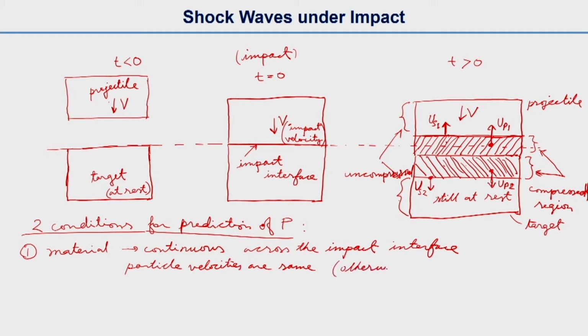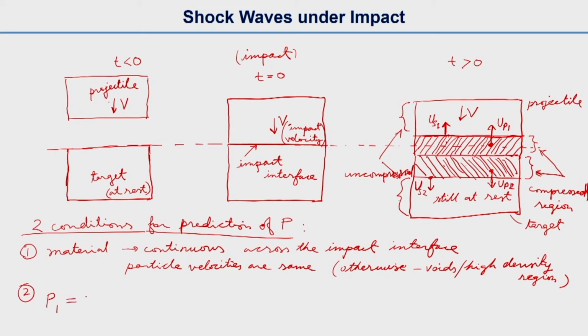Otherwise we may get some voids or high density regions. So, I think we can understand that if the particles are not traveling at the same velocity, there will be some voids or there will be some very high density regions, that means higher than the density of the original materials. So, that can generate. So, this is condition number 1,